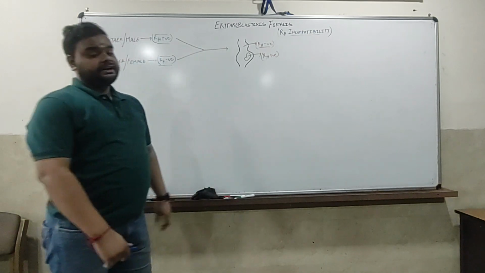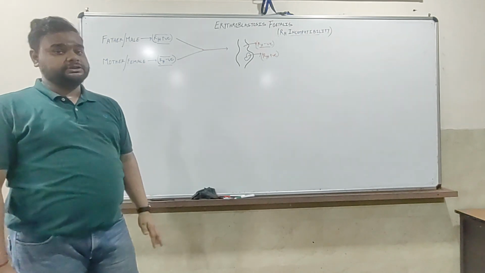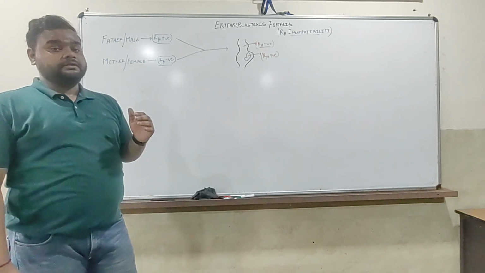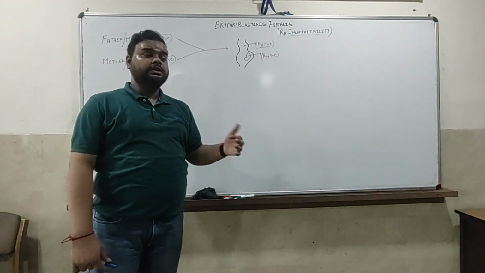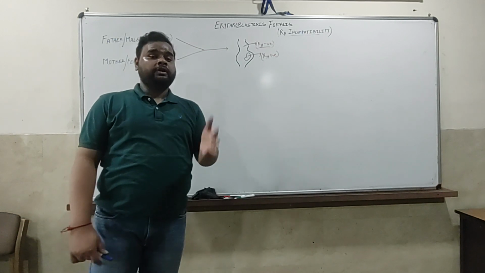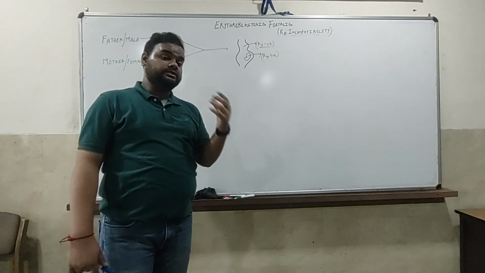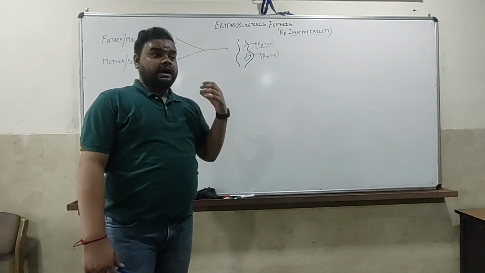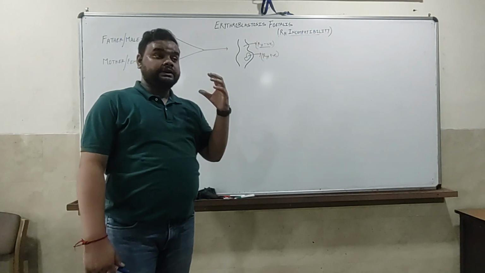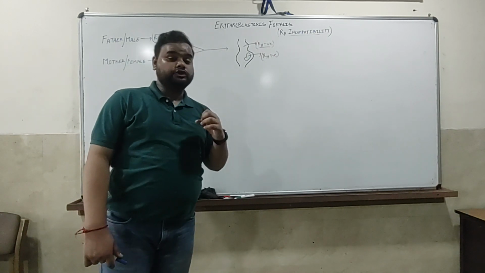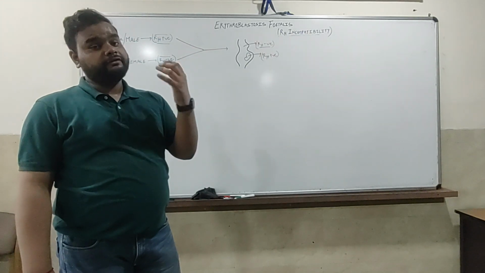Now, this Rh negative gene and the Rh positive gene are present in the blood group or the RBCs of the mother and the fetus respectively. Now, as we know that whenever a foreign antigen is injected into the body of an individual, the body's immune system develops antibodies against it. In this case also, the Rh antigen is present on the surface of the RBC. So whenever an Rh negative individual is exposed to an Rh positive blood group, the body of that Rh negative individual forms antibodies against the Rh antigen present on the surface of the RBC of the foreign blood.